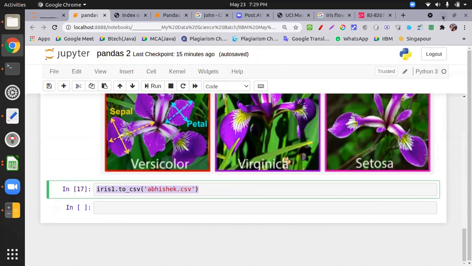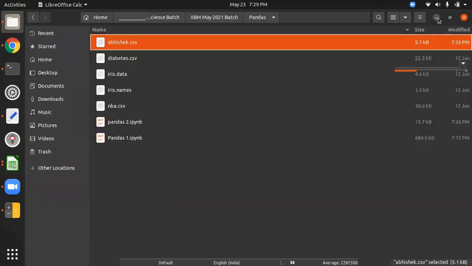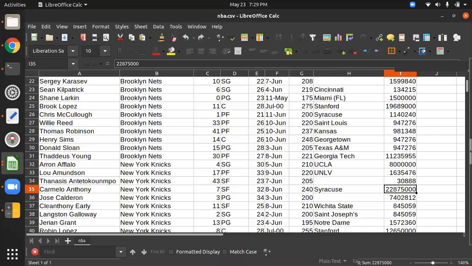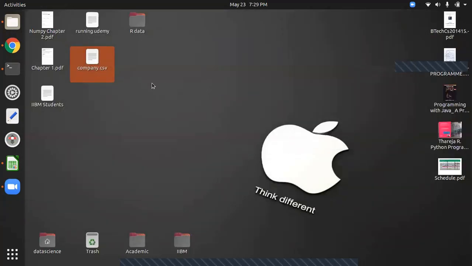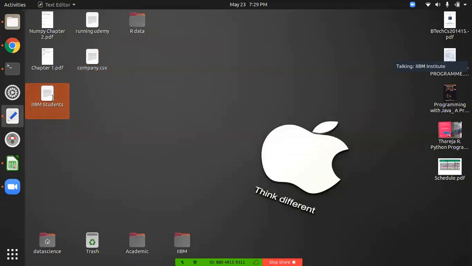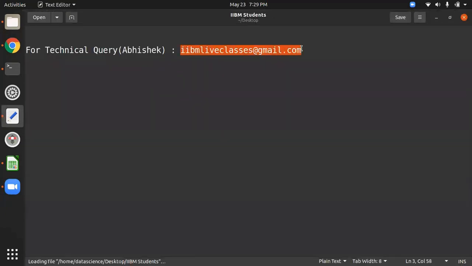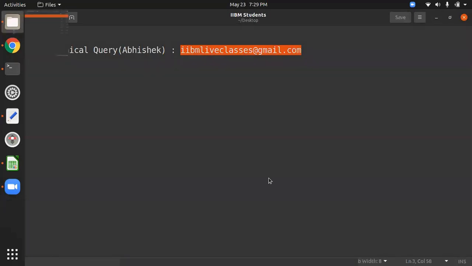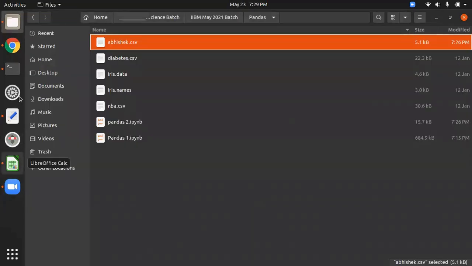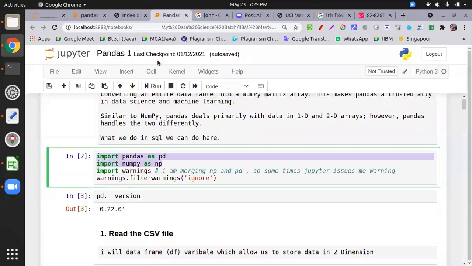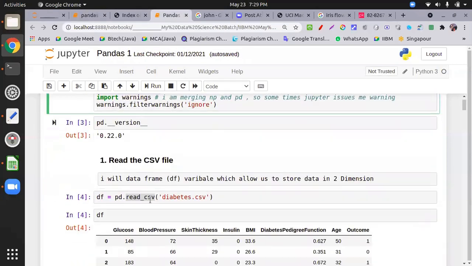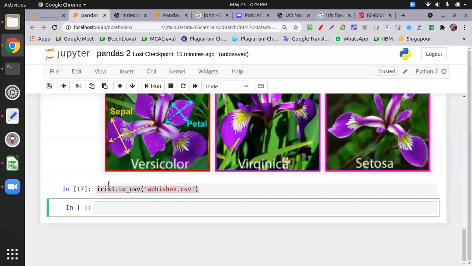Okay, sir, understood. Thank you. This homework is mandatory for all people to do. I am giving you an email ID. Everyone, mail me the homework. It's mandatory. I will not allow any person in the next class, because I need pandas. Either you give me the query or you give me that you have completed it. So, the email ID.